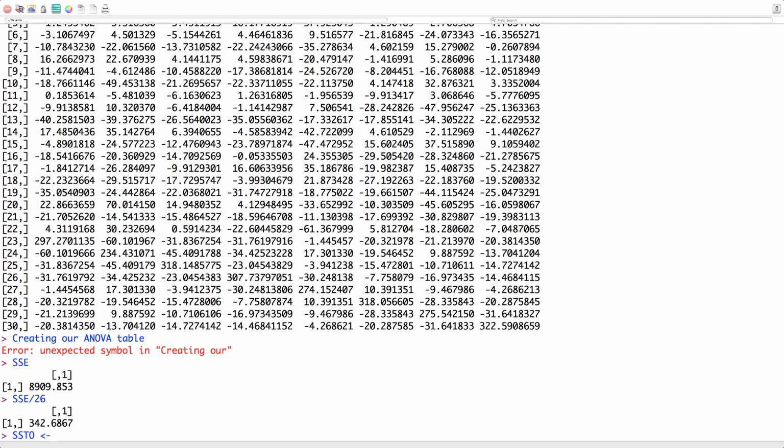And the sum of squares for the total takes the transpose of y times y. I don't think it would be an issue if I did that, but because I am overprotective of stuff like that, I'm going to put that in parentheses. Then I'm going to go minus 1 over n, so I need to do 1 over 30